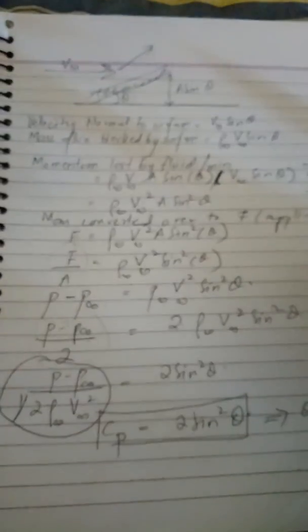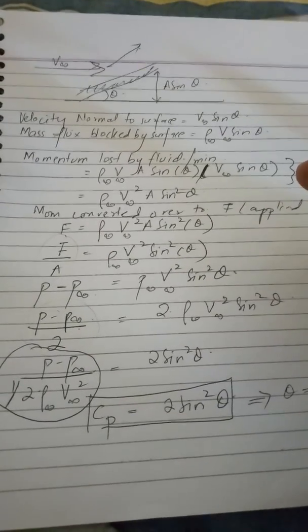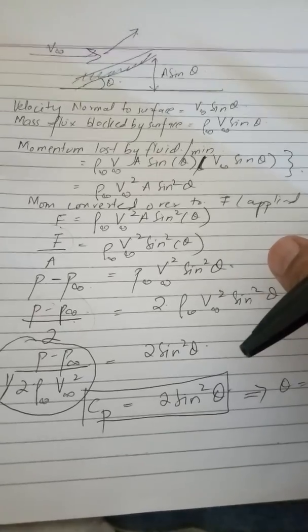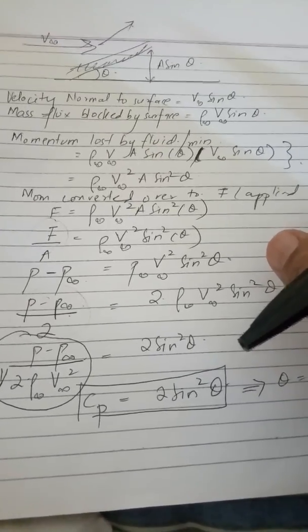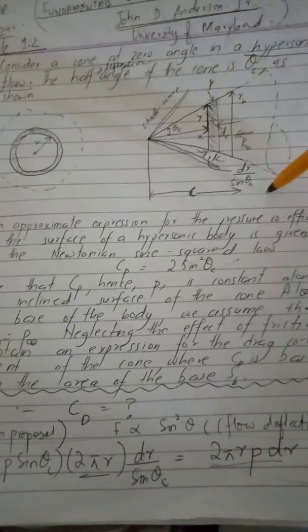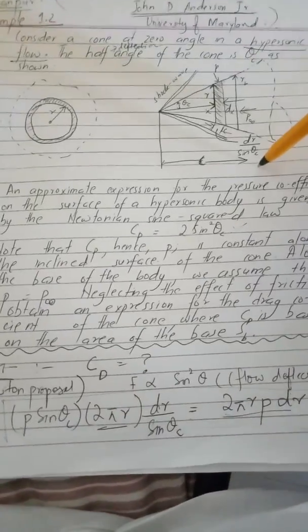I hope I have helped you understand a bit of the numerical about the Newtonian sine square law, and also explained it with the help of a cone in hypersonic flow, and the full numerical has been explained. So this is all about this numerical. I have explained it with the help of, first of all, Newton's proposal, which is